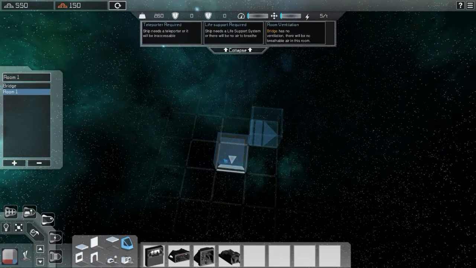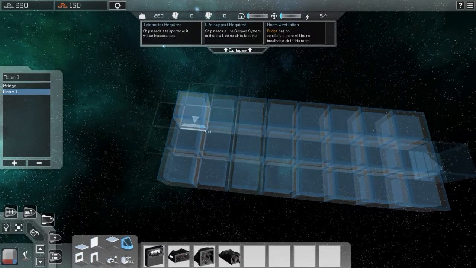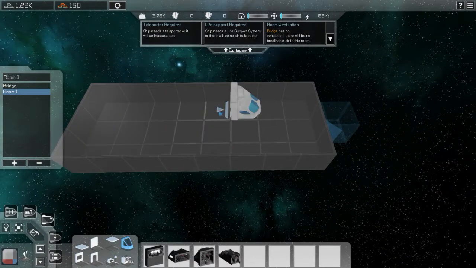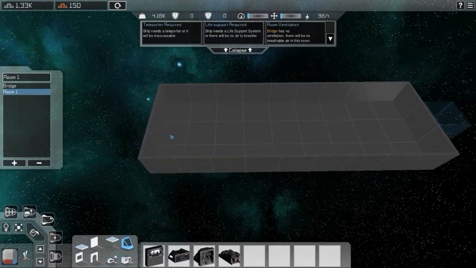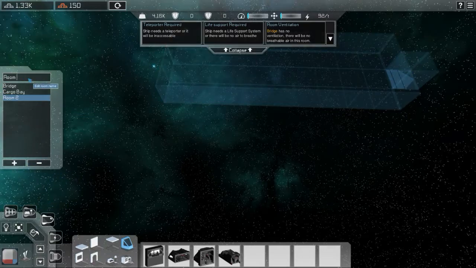Next, I'm going to do a cargo hold, and it's up to you how big you want your cargo hold. For a basic ship, you could easily get away with a cargo hold of so big, but where's the fun in having that much of a small ship? Then I'm going to name that as well. Then I want an arrival,